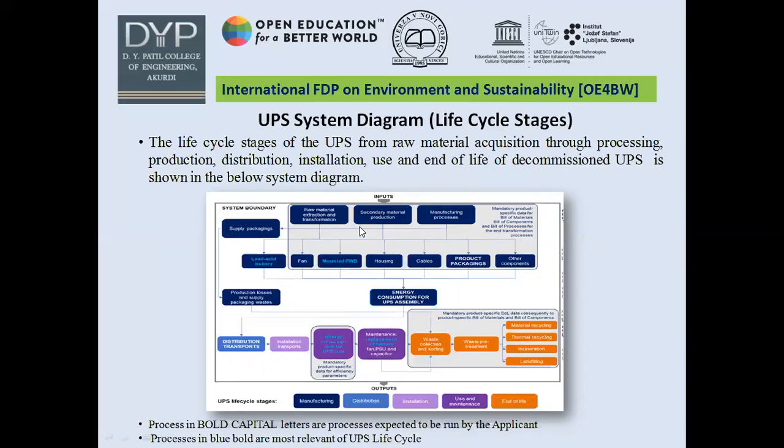So this all includes categorization to find out the various carbon outputs from various processes to find out the total carbon footprint of the product during its life cycle. So that means this UPS is required to be evaluated for these different stages, that is manufacturing, distribution stage, and